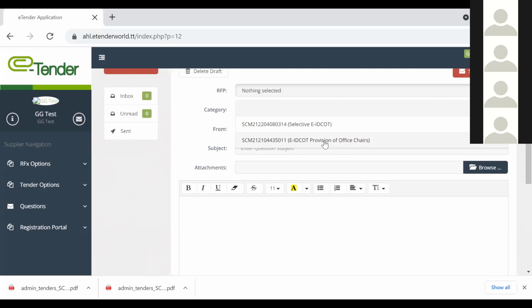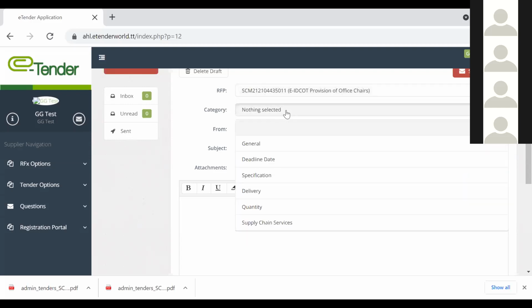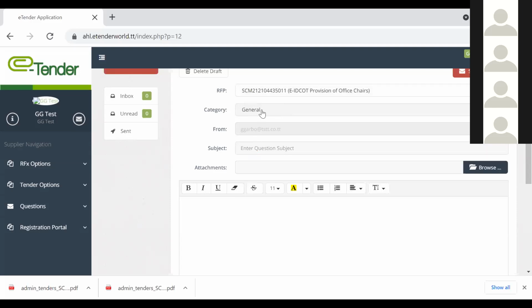So the event that I was participating in is this one here. I would click on that. And I have the option to select the category of the question that I want to ask. So it's just a general question, right? So I'm just clicking general. You can also enter a subject. So I want to find out about audited financials. So I'm just putting that in the subject of my question. And you have the opportunity to attach any files that you would want to as well. You don't have to attach files, but if you do have something that you want to attach, you can do so. So in the body of the box,